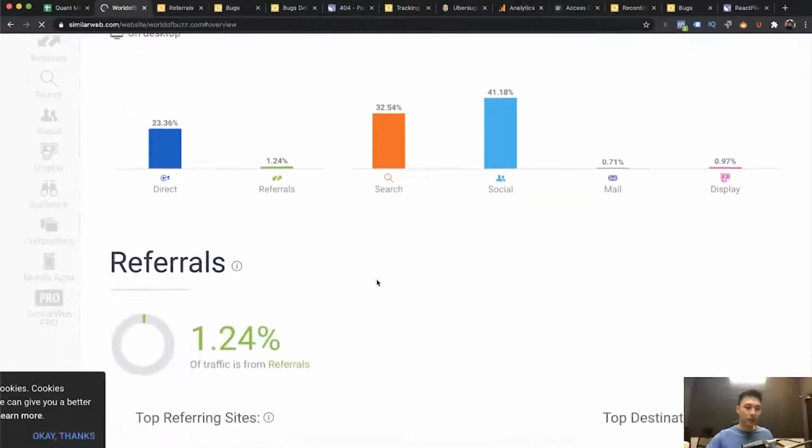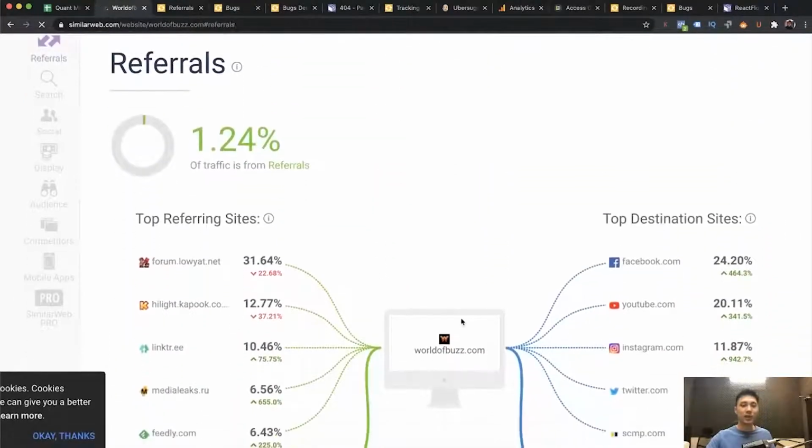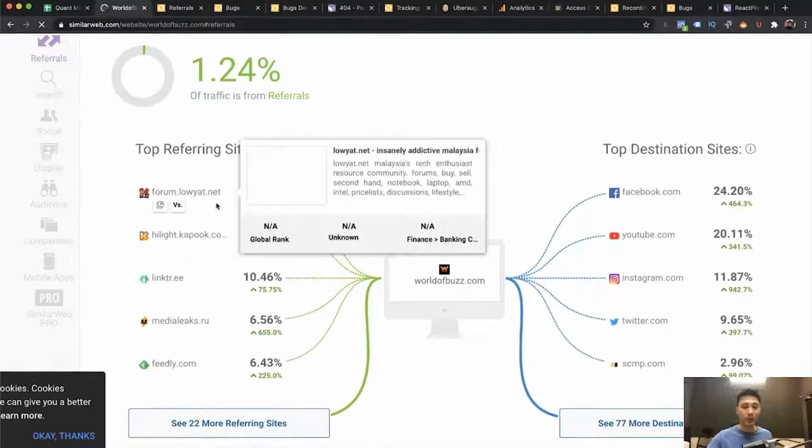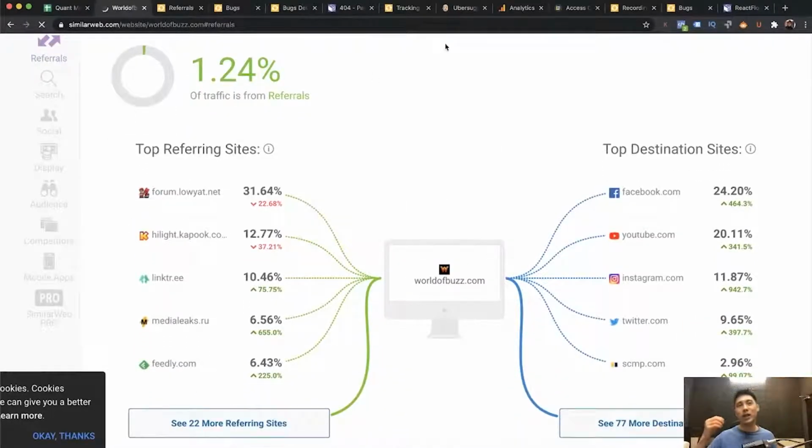And if I scroll down a little bit more, I can see that they are also getting traffic from places like Lowyat Forum. So I know that if people are discussing a lot about current issues on forums, and I'm a competing news site coming up, I can leverage the traffic from Lowyat as well. I would go into the forum on Lowyat, create a user, and start communicating in there, because I know things go around in Lowyat, and this derives 31% of their referring traffic.